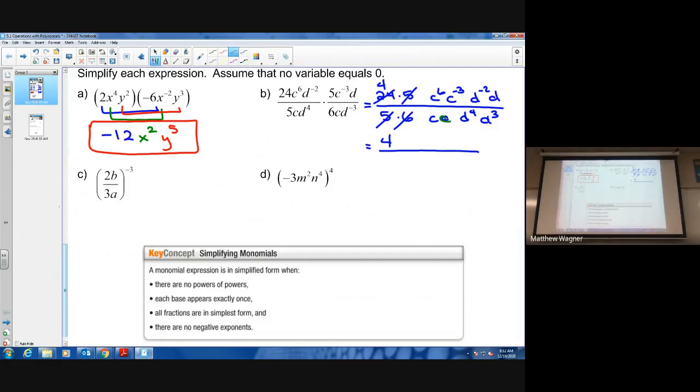When I look at my c's, all right, I essentially have c squared down here, and then I have c to the 3rd up top. All right, c cubed over c squared is just c to the 1st. You don't need to write the 1st if you don't want. And then the last one, we have d to the 7th, and then here we have d to the -1st. Whoops. All right, remember, negative exponent goes to the bottom. So I'm going to have d to the 8th on the bottom because I have 7 d's that are already